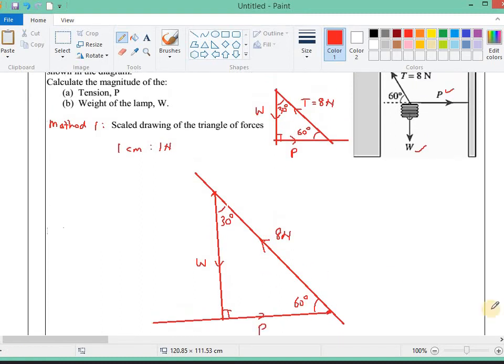So next we want to do calculation. Because the question asks us to calculate, the best way is actually to calculate. But I want to show you the scale diagram method to prove the concept, so that later we can compare the results, that means the answer from the scale diagram and the answer from the calculation. We will be able to see that they are actually very close, or you can get exactly the same. Okay, now, for calculation,